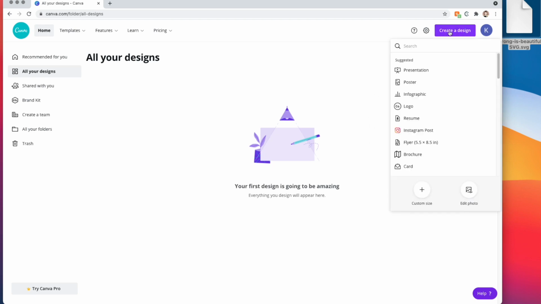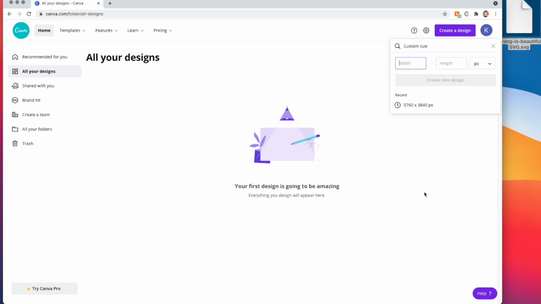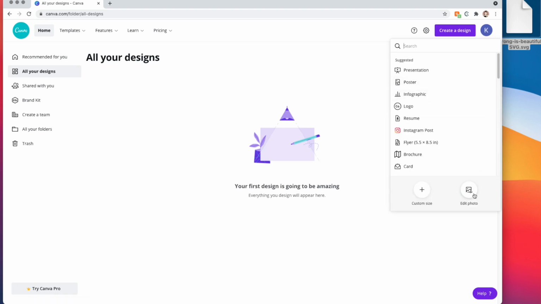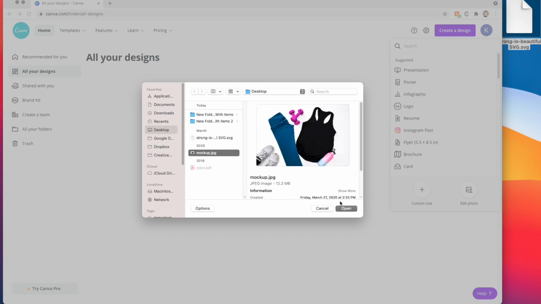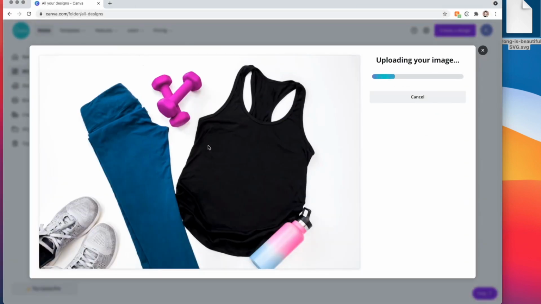We're going to hit Create a Design. You have two options. We're going to go down to this gray box. You could either do custom size if you know you have dimensions that you absolutely need for the use of your mockup. Today, I'm going to hit Edit Photo. I'm going to select my mockup, and then I know that when this uploads, I'm going to get the native dimensions of this photo. Once it's uploaded, it gives me the option to use in a design again or edit photo, which will take me to